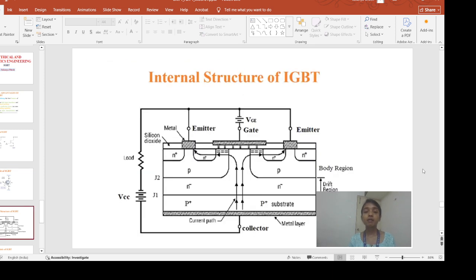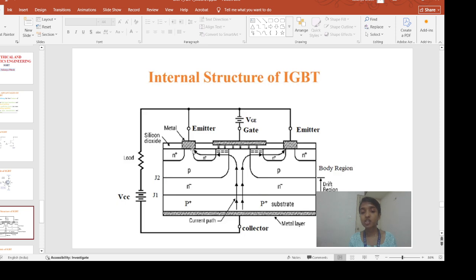Now if we see the basic construction of this IGBT, we have a P plus type substrate. P plus type substrate means the substrate is heavily doped. What is the doping concentration? Around 10 to the power 19 per centimeter cube. Then above this P plus substrate, we have an N minus region. N minus means it is lightly doped. Doping concentration is around 10 to the power 14 per centimeter cube. Then above that,